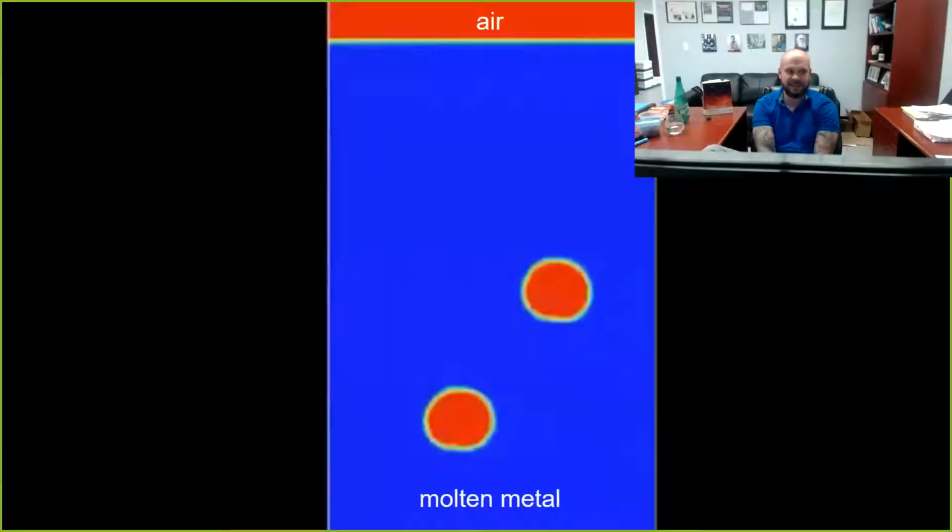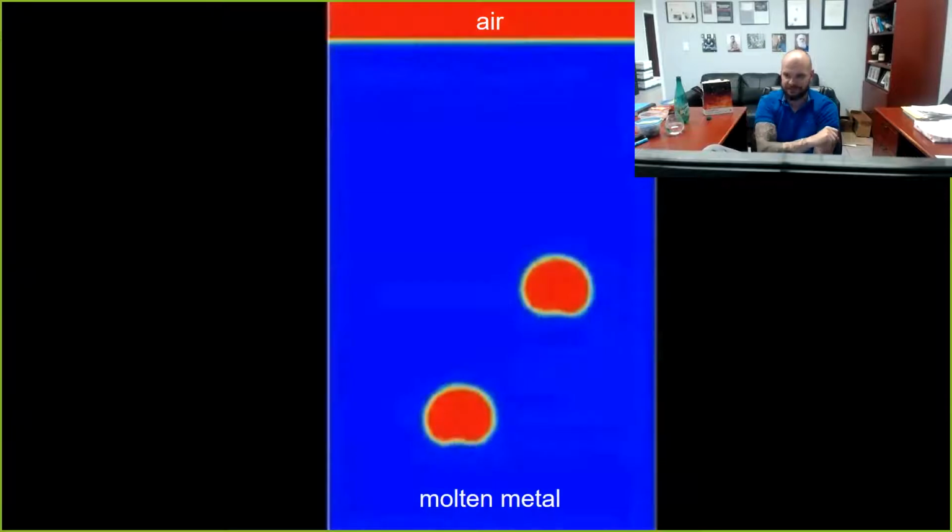And we can illustrate this using some computer simulation and show how disgusting this really is. So here's what we're looking at. Everything that you see in blue is liquid aluminum. Everything that's red is air, atmospheric air, right? So you can see the air-metal interface at the surface, and you can see what's going on with the bubbles. You can see rainbow-colored features, which is a combination of metal and air, which is oxides at varying thicknesses. This simulation was done for me by Sam Scott at ESI. He's been my partner in crime for like 10 years. So I have to give props to Sam for being able to put this together for me. What we're looking at here is only 2 bubbles in liquid aluminum, and let's take a look at what happens.